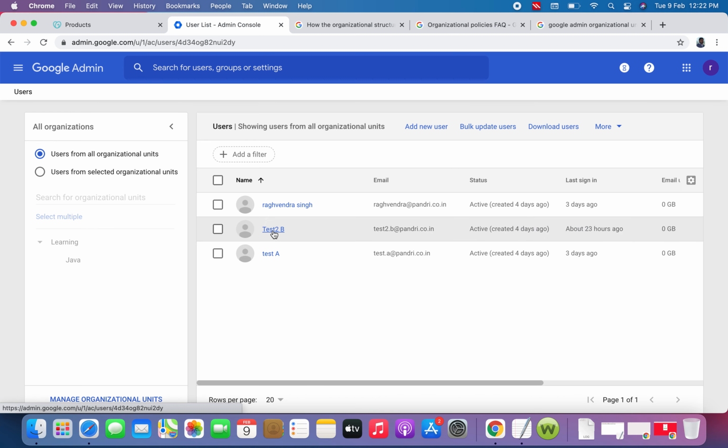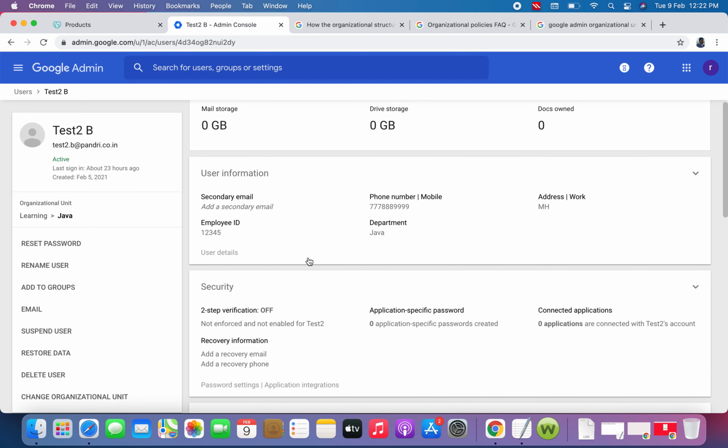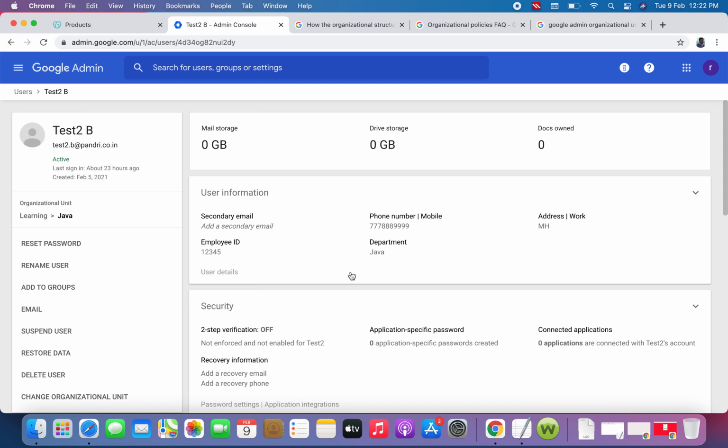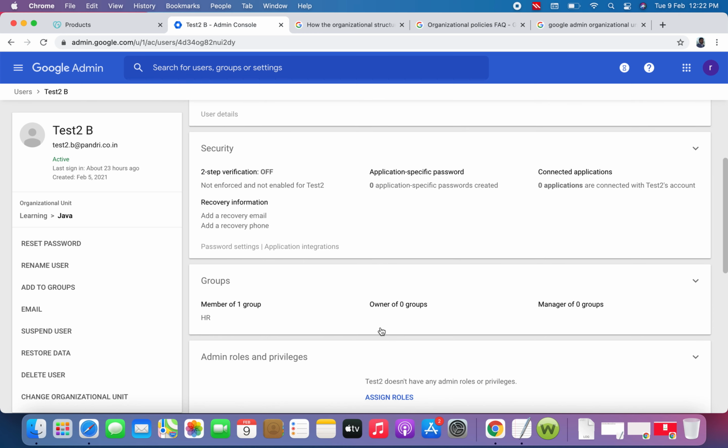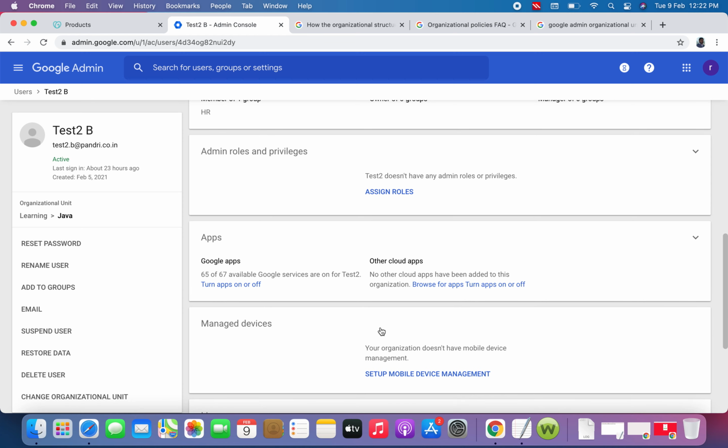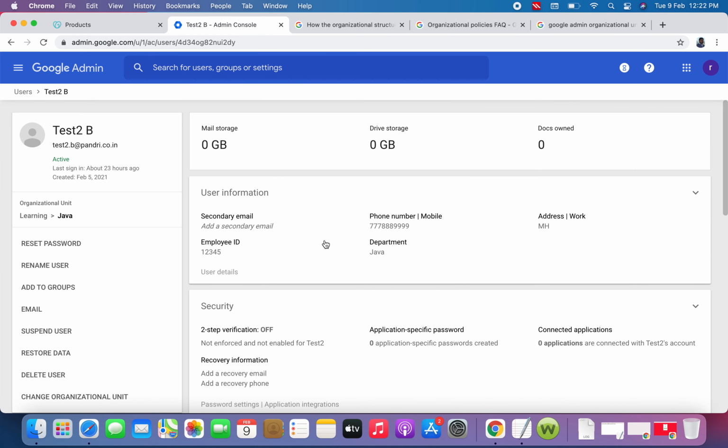I wanted to show you where the setting actually is, and whether there is any other setting apart from this. I can't see any. So here you can see this user is a part of this OU. I have done this activity for a particular user.